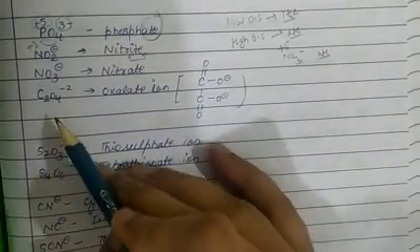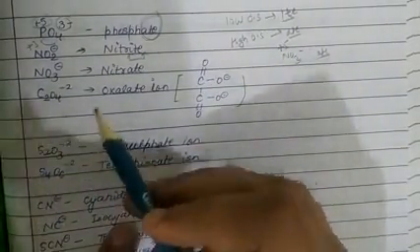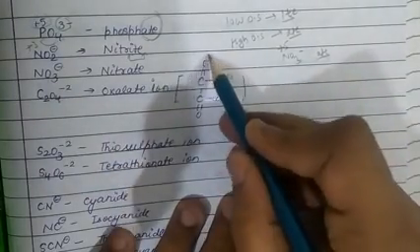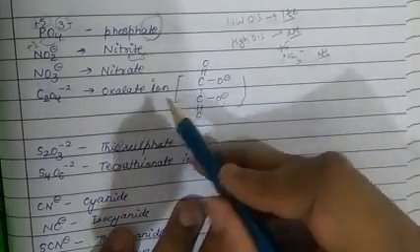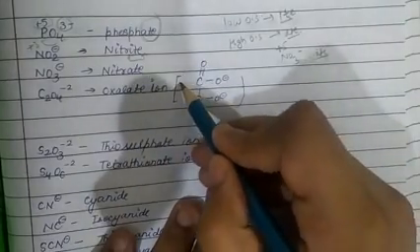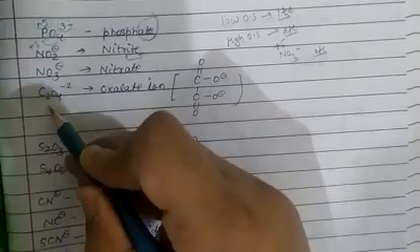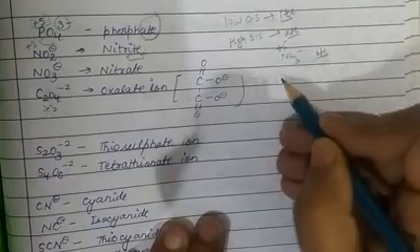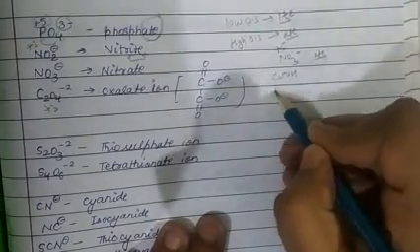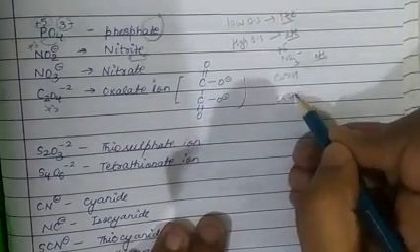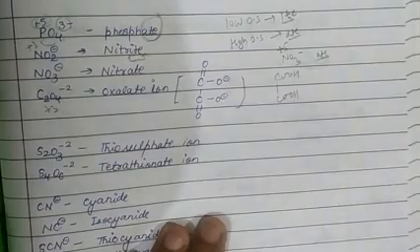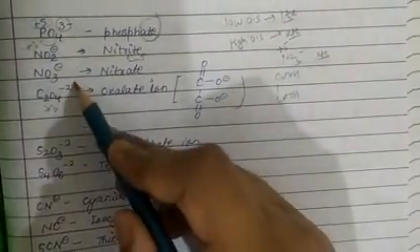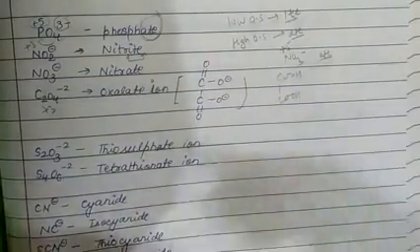See the case of the next radical. The next radical is C2O4 2-. This is the structure of C2O4 2-. As the oxidation state of carbon in this compound is +3, we call this the oxalate ion. It is basically formed from oxalic acid. We call this the oxalate ion or oxalate radical. A group of atoms carrying charge means a radical or ion.